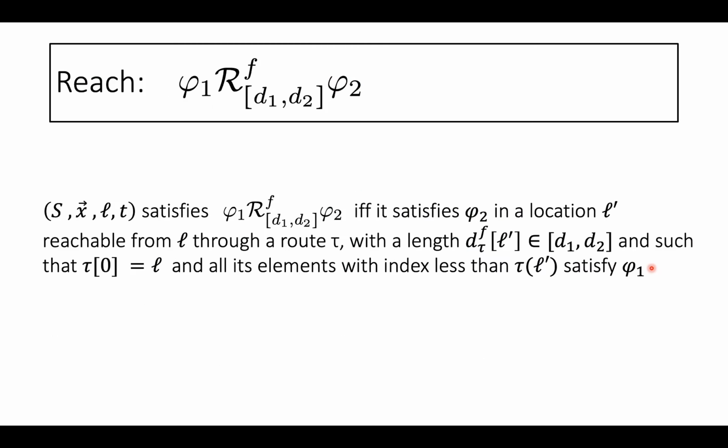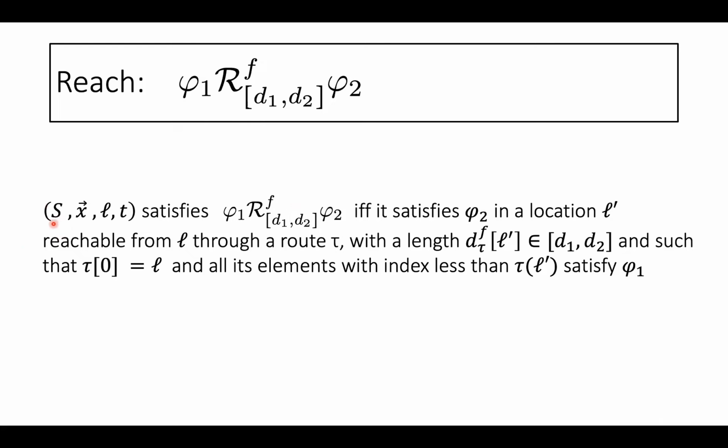The first operator that we see is the reach operator. The property phi1 reach phi2 at the distance between d1 and d2, considering the distance function f, describes the behavior of reaching a location that satisfies the phi2 property, passing only through locations that satisfy phi1, and such that the distance from the initial location to the final one belongs to the interval d1, d2. A bit more formal,